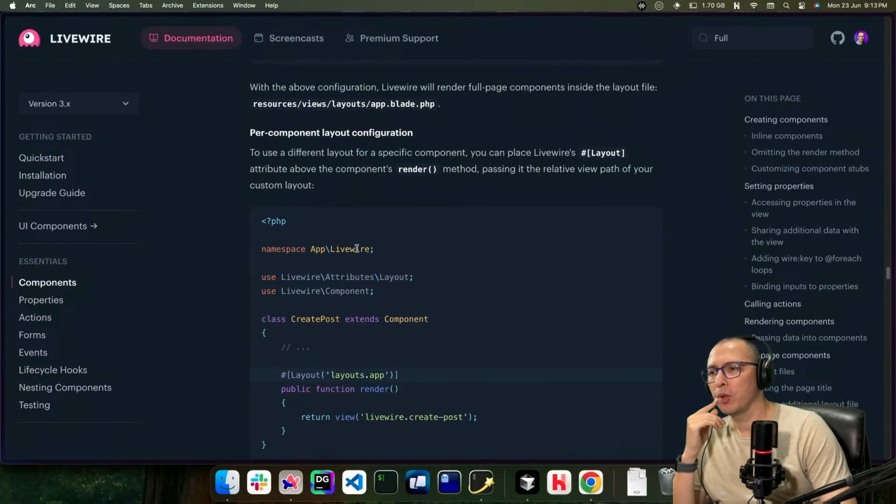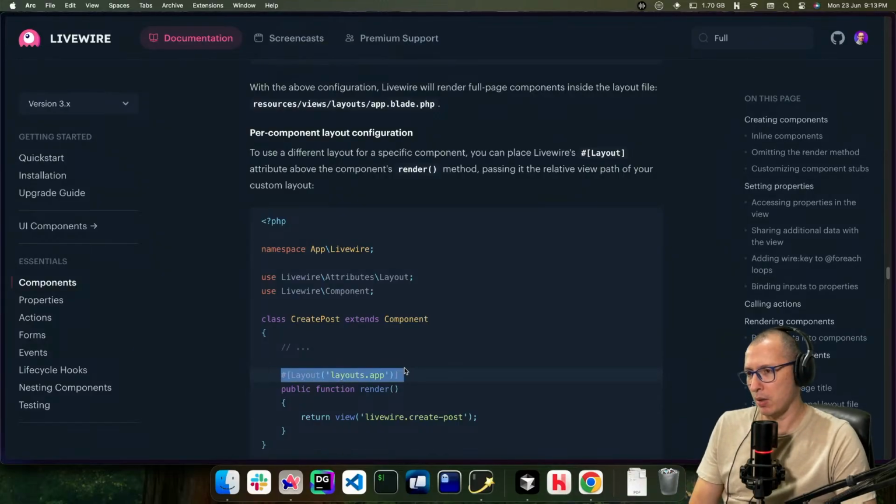Or use a prepared component. Oh, yeah, I'm going to use this rather.